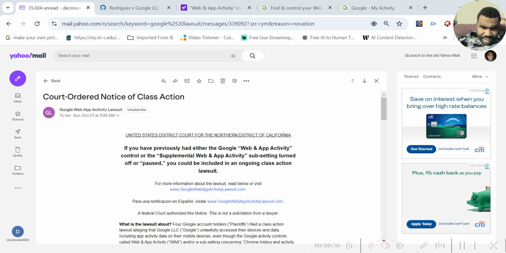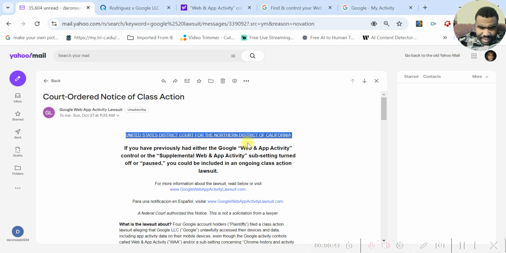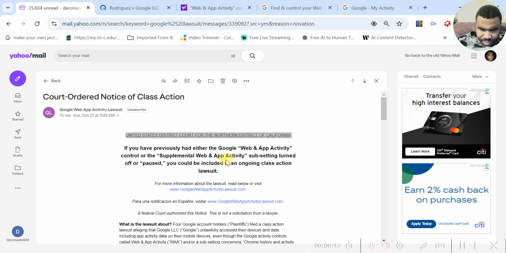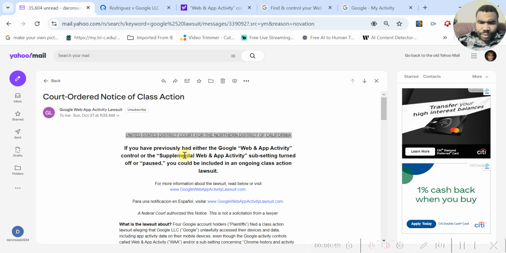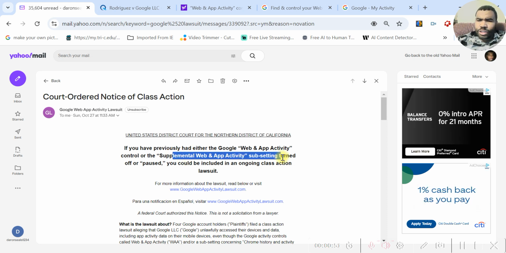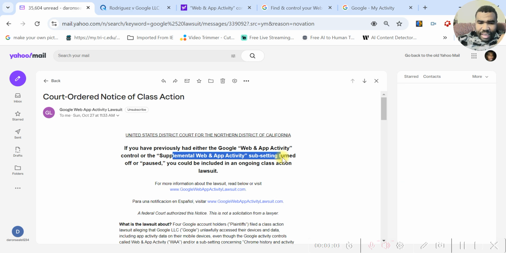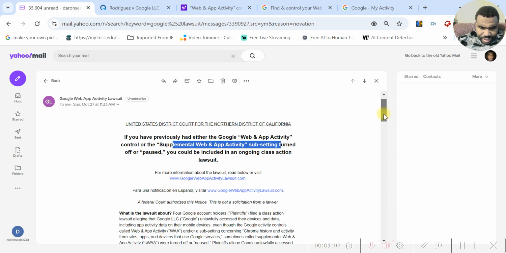So basically, if you got an email like this, saying that you had this setting turned on, then you will be part of their class action lawsuit, allegedly, if you receive